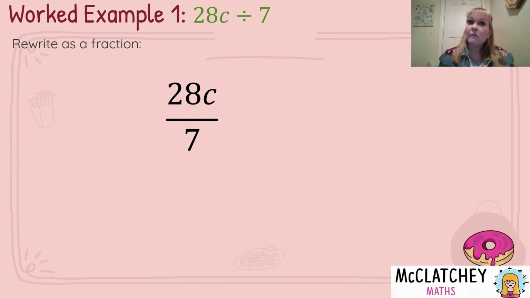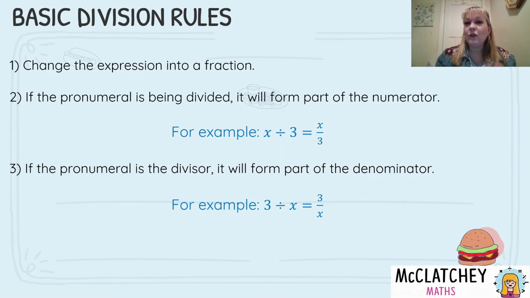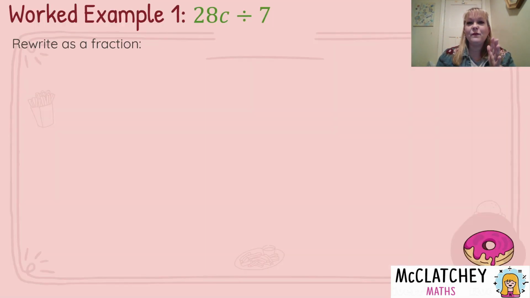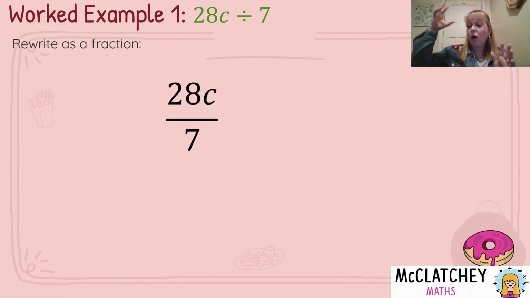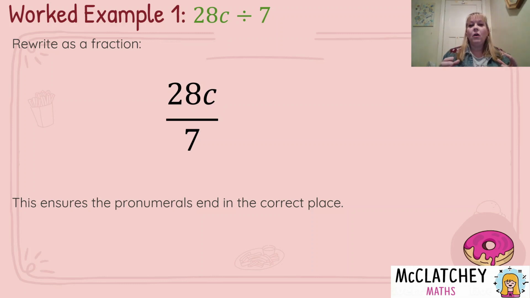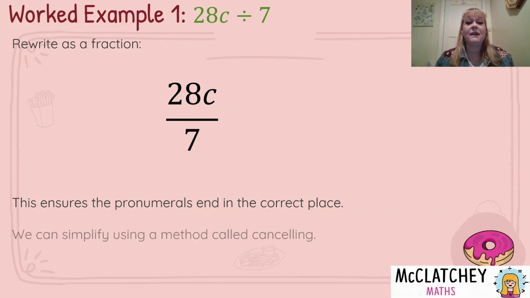over 7. Now you remember from our basic rules from our previous slide that because the divided by is in the middle, the 28 was first, so that's why it is going to be on the top, and the 7 is going to be on the bottom because it comes after the divided by symbol. Now the next thing we're going to do is focus on all of our whole numbers. So our whole numbers are 28 and the number 7. We're going to make sure